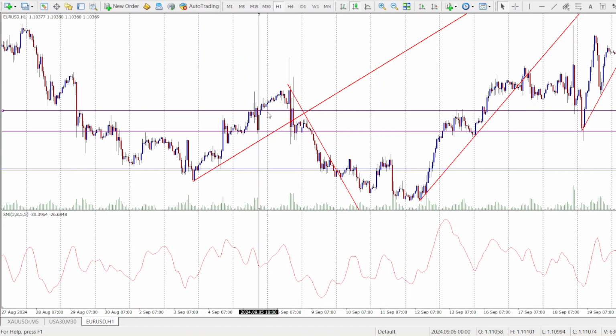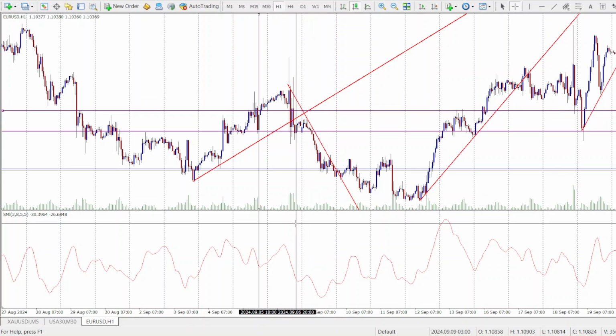So that is one of the ways to exit a buy trade when price gets to resistance, or we can decide to use other indicators to confirm. But in this particular video, we are just using the SMI indicator to confirm our trades, okay? To confirm what we see on the trend lines, what we see on the chart, on the price movement of